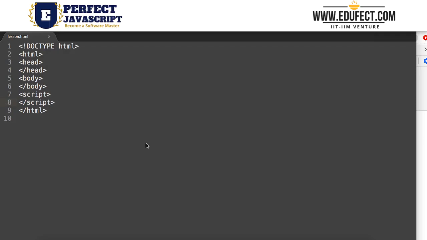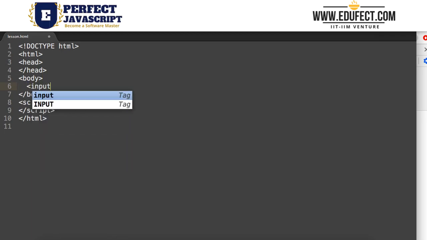In this lesson, we will learn how to take an input string. So we will define an input and take a string from there. So let's go to our body and we will define an input type. We will say input type is equal to text, and let's give it the ID txt1. So that's the text we want to take,